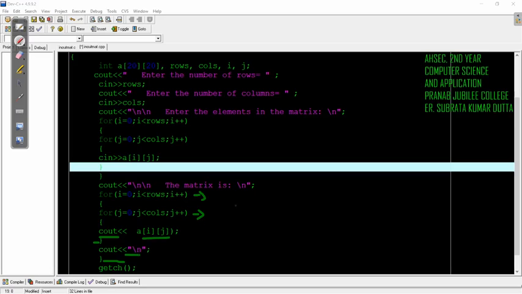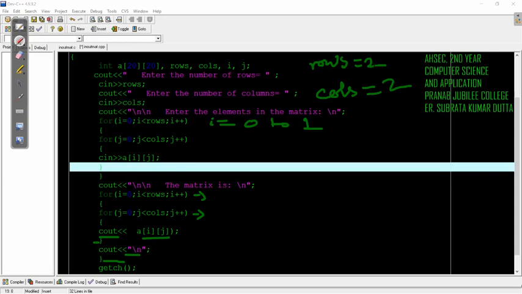Okay, so let's take an example. Say someone has entered the number of rows. Say the user enters the rows value as 2, and again the user enters the columns value as 2. Now what will happen when the loop runs? The loop is for rows, and the value of i will be 0 to 1, right? Why? Because i starts from 0 and it will run up to less than rows. So less than rows, which is 2, means up to 1, right?